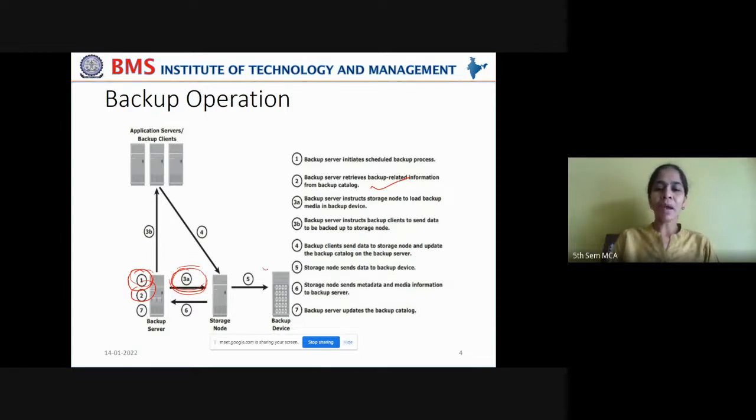So this is the backup device. In this case, we take a storage. Again, the backup device is a storage array where the backup copies are stored, same as the original data is stored, right? So this step